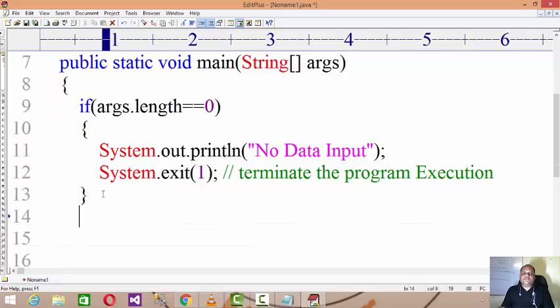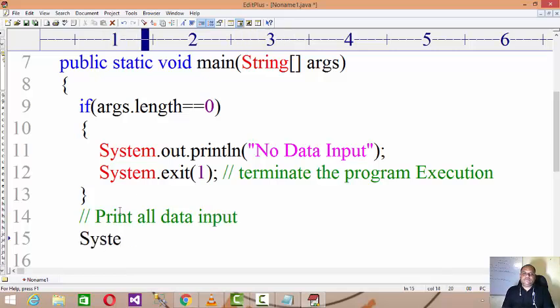But if there is a data input, meaning the array length is not 0, then print all the data input, right? So I will set the loop like System.out.println for the friends' details, friends list maybe.